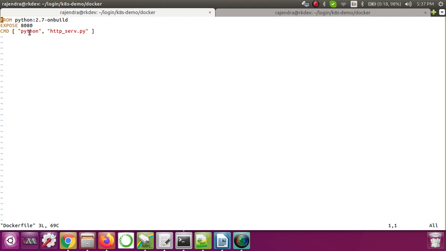We have to maintain the sequence in such a way that the steps which are changing frequently should be at the end of the Docker file, so that the steps that are changing will not cause any problem for the steps which are not changing frequently. That means only the last few steps will be rebuilt, and not the first few steps.